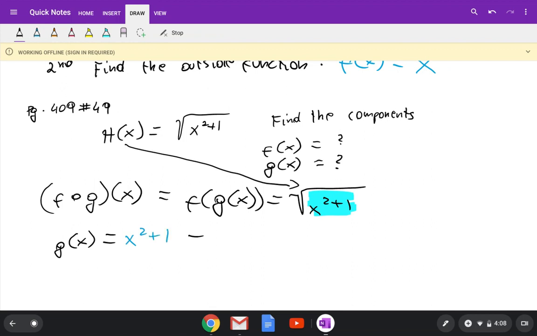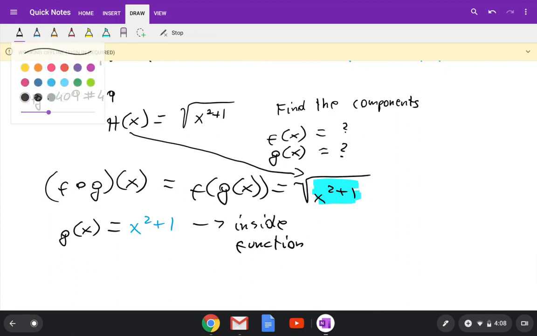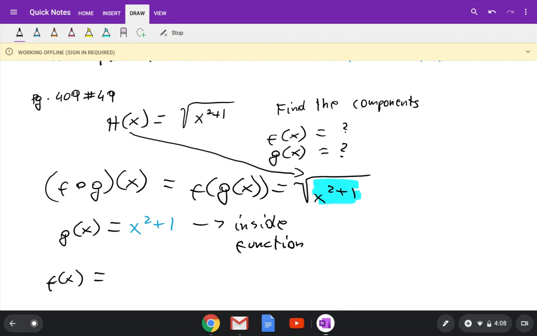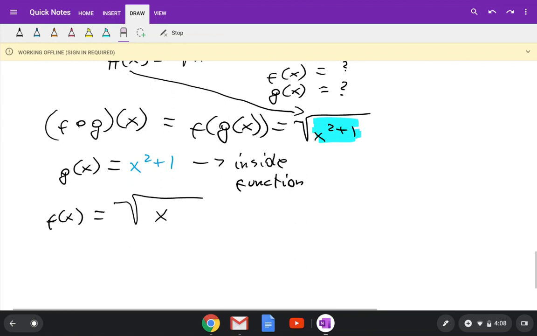And then, so that's the inside function. And then, when I have g of x, I'm finding f of x, which is the outside function. So outside, I see the square root. And of course, you have to put your variable, square root of x. Okay, so your f will be, again, if you erase the expression of the inside equation, you just have a square root. You have to put x over there. So we did it. This is the outside function.